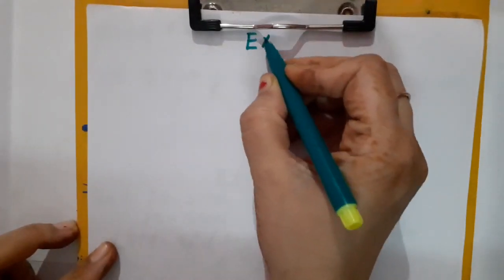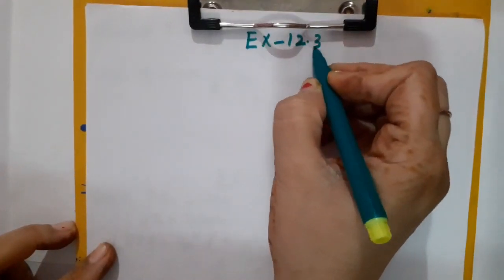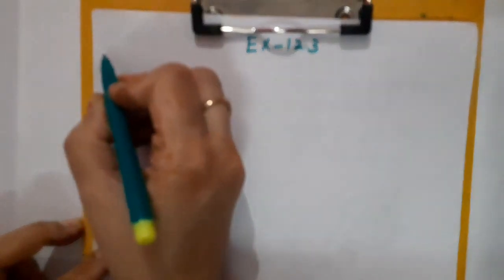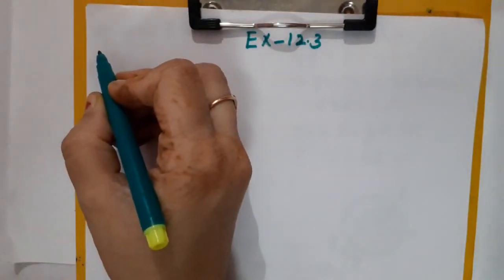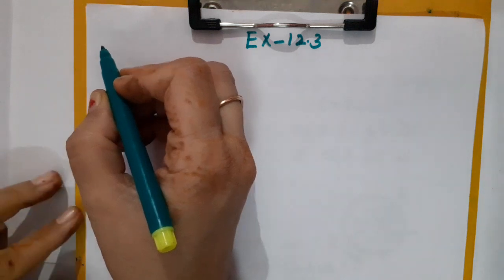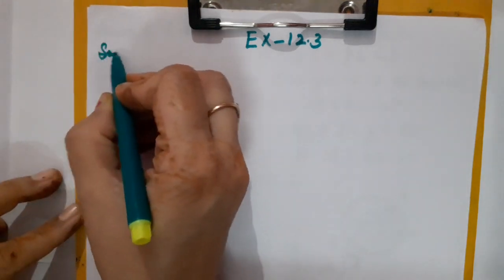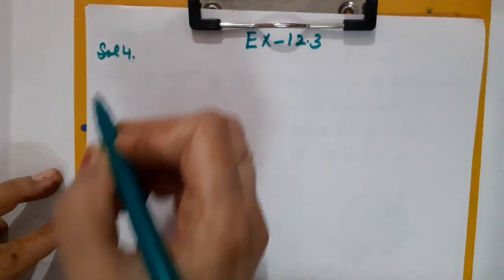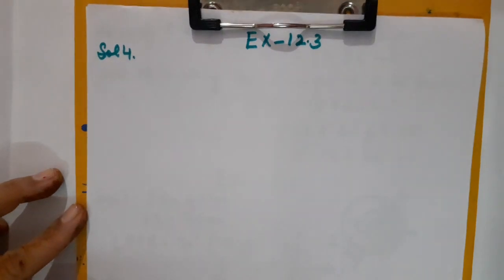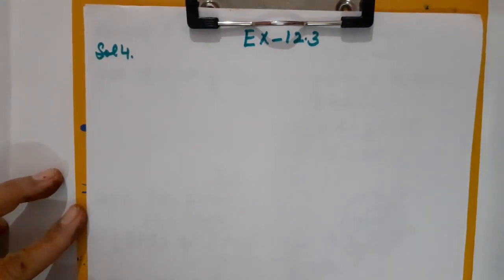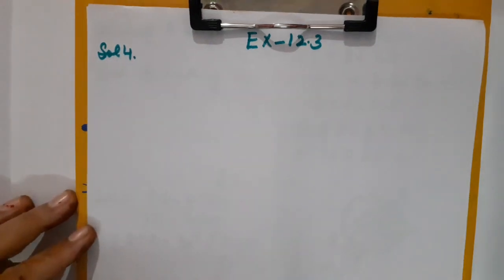Now children, let us start today's class. This is exercise 12.3. Yesterday children, I made you understand question number 1 and 2 and the third question was given to do at home. So today I am going to begin with question number 4. Children, in this exercise I am moving from simple to complex. So I am picking the simplest question first and then we will slowly and gradually switch to the difficult ones. So everyone, please be alert.